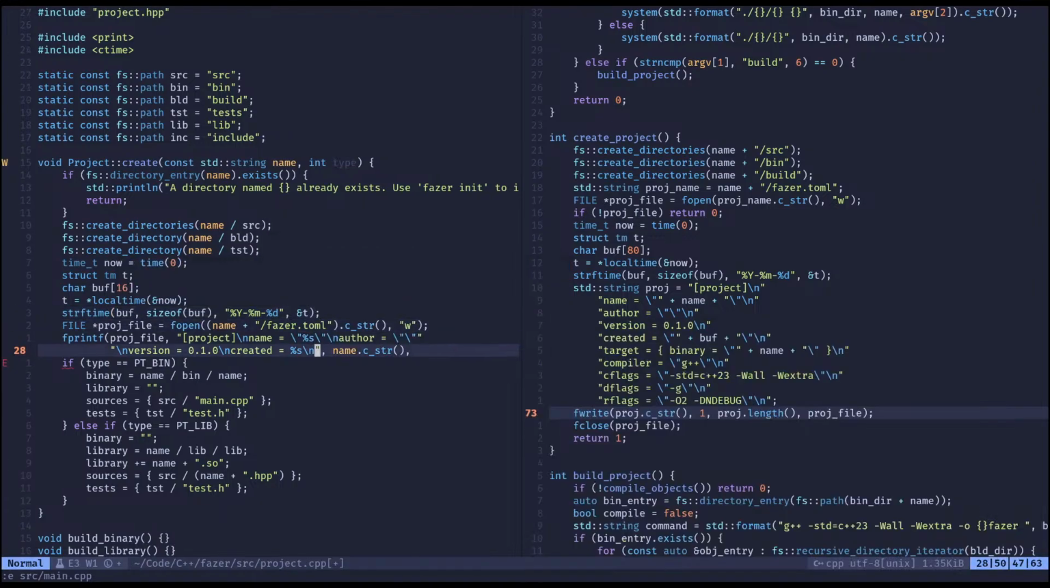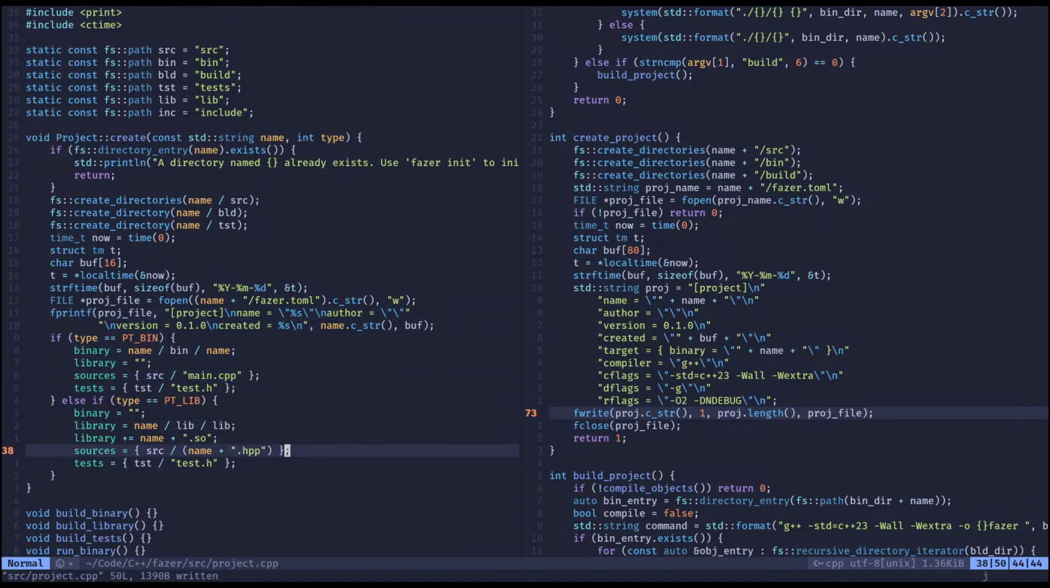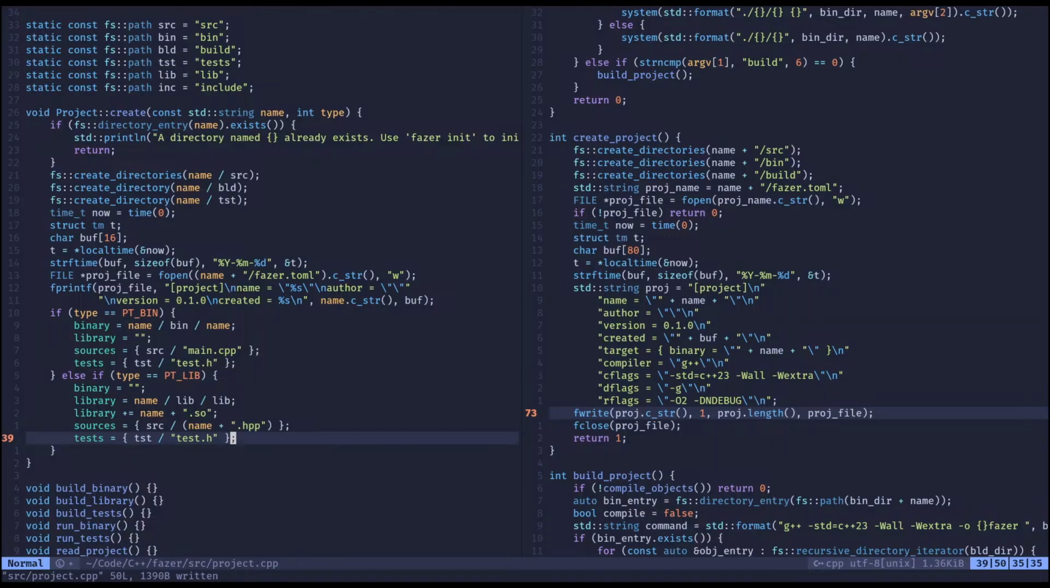Okay. Now, just throw a buff in there. I think that's everything I need for printf. Okay. Now, the reason I went ahead and did that first is the next step here is going to